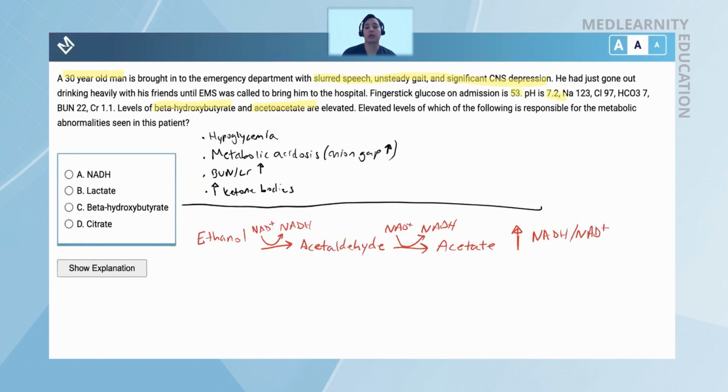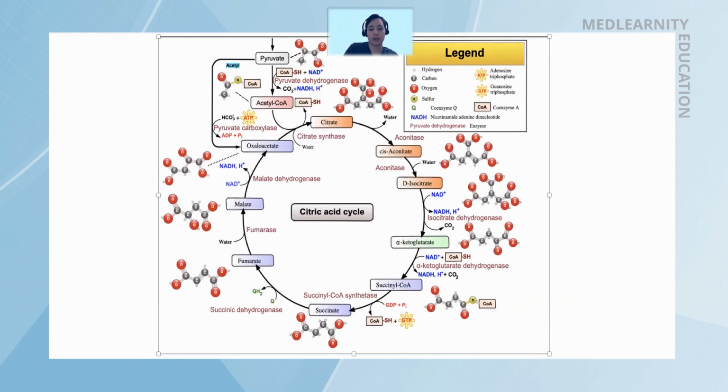So I think the next most helpful thing to do is to actually hone in on the TCA cycle itself. And to do that, I'm actually going to use the help of an image, so instead of drawing out all the intermediates, which will take up a lot of time, we have this whole pathway already here. There are two key steps, or three key steps, in the TCA cycle that I think you should really focus on for this question specifically.